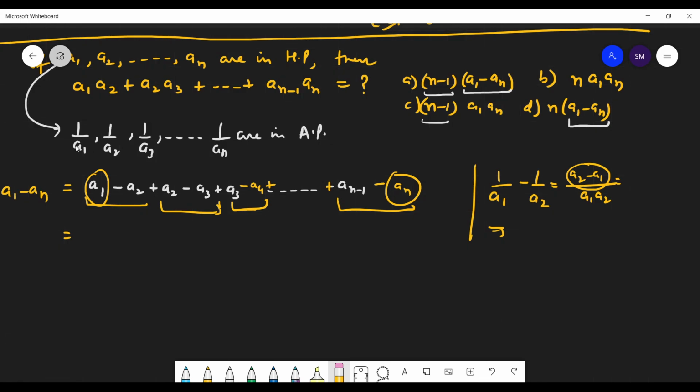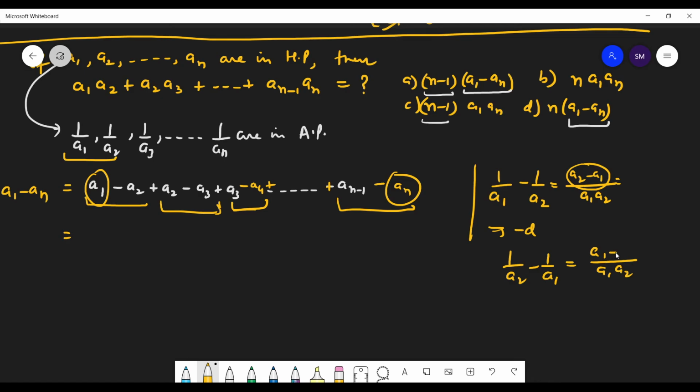See, d is this. D here is now, because these terms were in HP, and the terms in AP are these. So 1 upon a1 minus a2, that's equal to minus d, isn't it? Or why not you write directly a2 minus a1? So that's the same thing. Instead of this, we can write it as a2 minus a1, that is d actually.